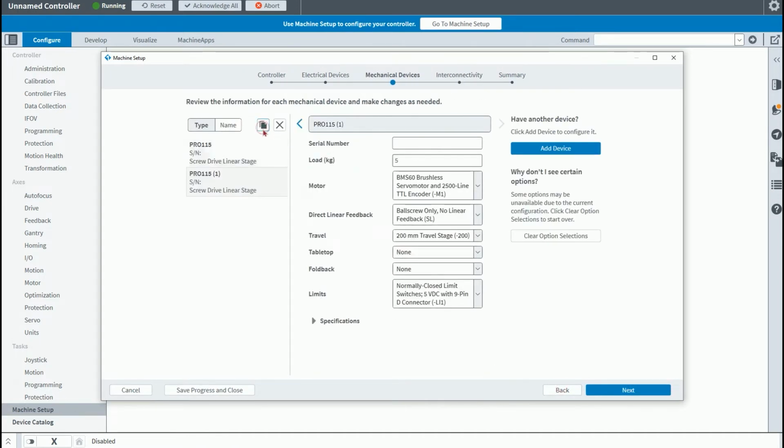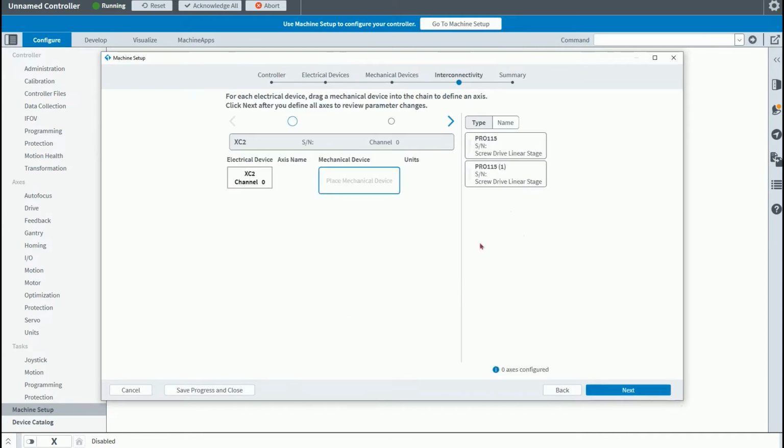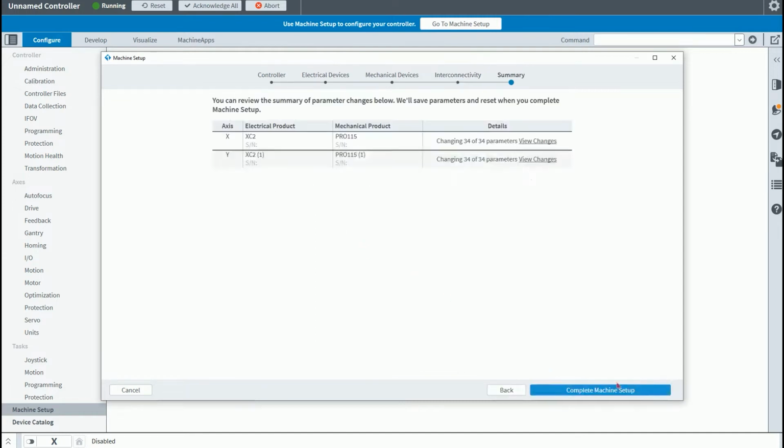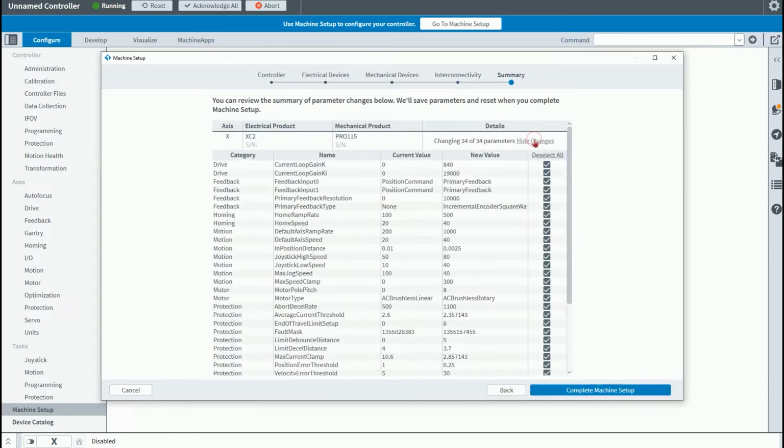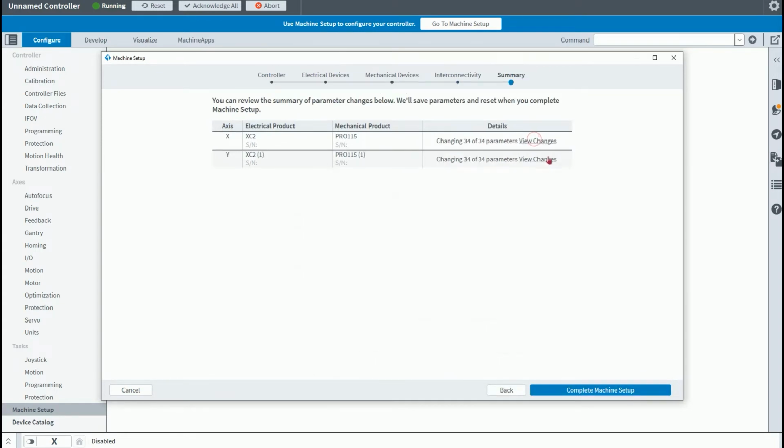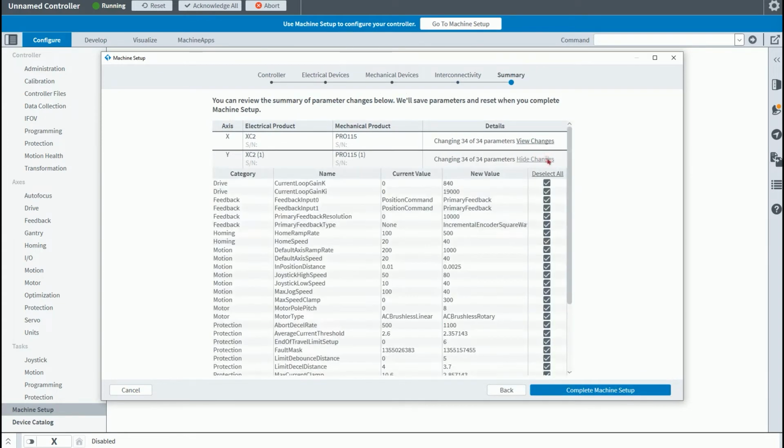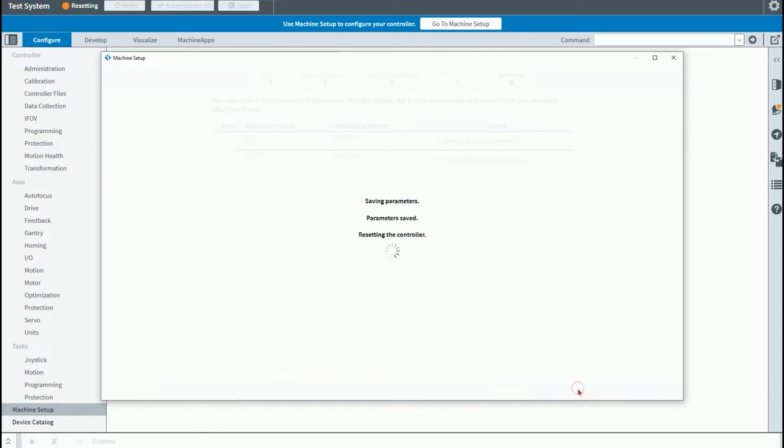And again, we'll duplicate this just like the electrical device. And move on to interconnectivity, where we simply drag and drop the mechanical devices to mate with the electrical device to create axes. Axes are the main programming construct we have inside the Develop Workspace. Here you'll see we're actually setting 34 parameters by making these choices. We'll complete machine setup,